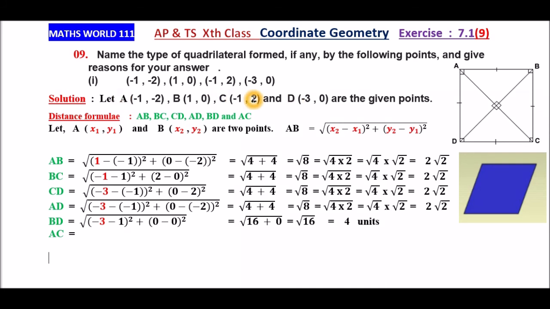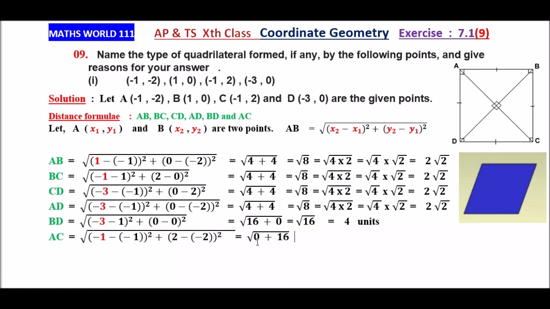A is here, C here, y2 is 2 and y1 is minus 2. So y2 minus y1, 2 minus of minus 2 whole square, that is equal to root of (minus 1 minus of minus 1) whole square plus (2 minus of minus 2) whole square. See here, minus 1 minus into minus plus, so plus 1. So minus 1 plus 1, 0. So 0 square, we get 0 in this place, plus 2 minus of minus 2, plus, so 2 plus 2, that is 4. 4 square, we get 16 here. So that is equal to root of 0 plus 16.